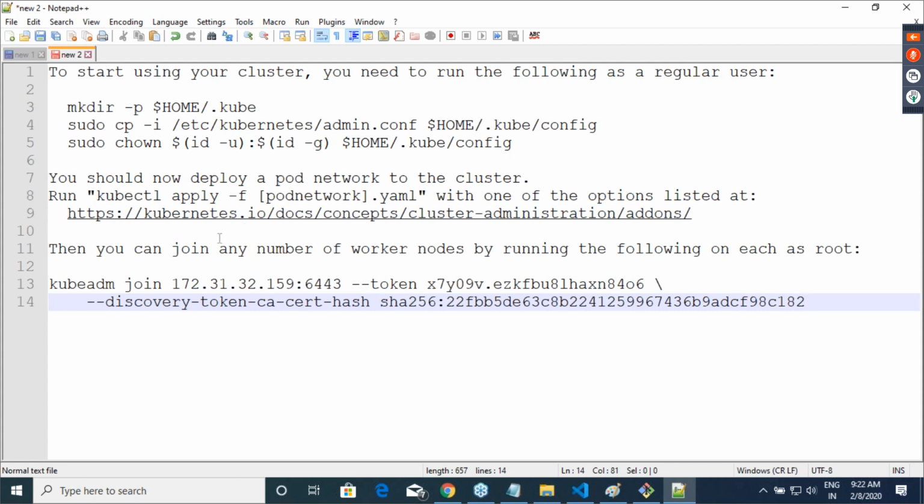Now, if you want to install a pod network, you have to do this. Before you start using something, you have to do these operations. And if you want to join any worker nodes, you have to execute these commands. If you remember, it is very much in sync with what we have done in Docker Swarm. Docker Swarm init gave us some commands. We pasted those commands, and when we were joining the nodes to the master, we copied and pasted this stuff.